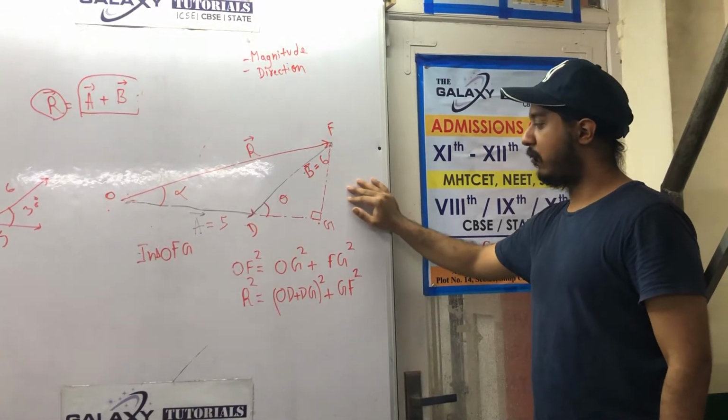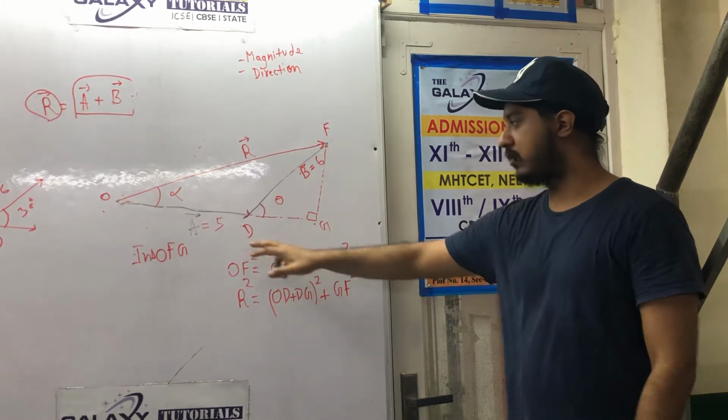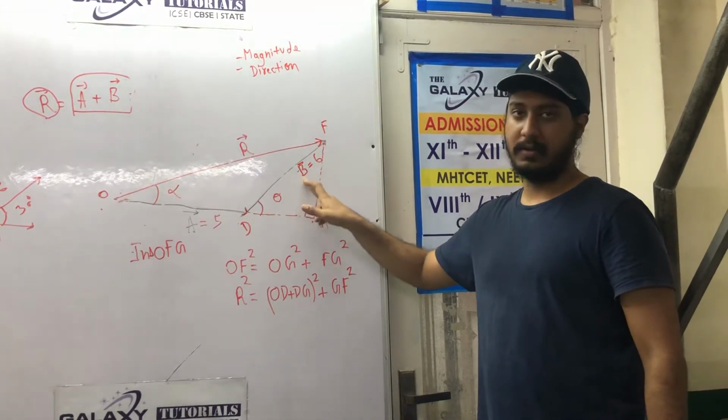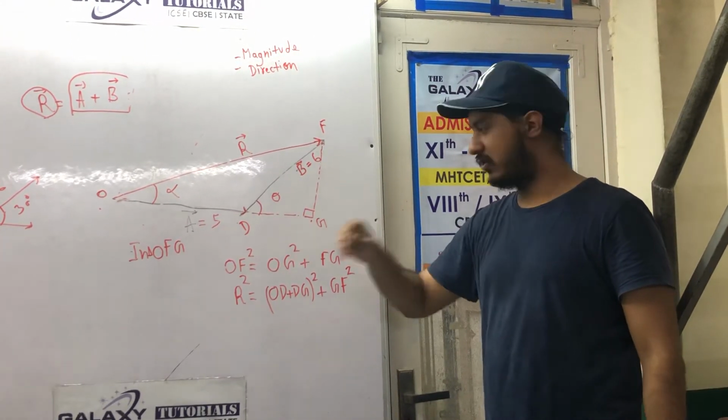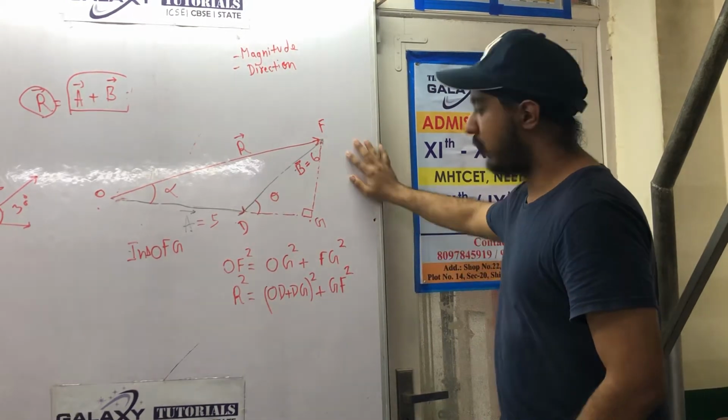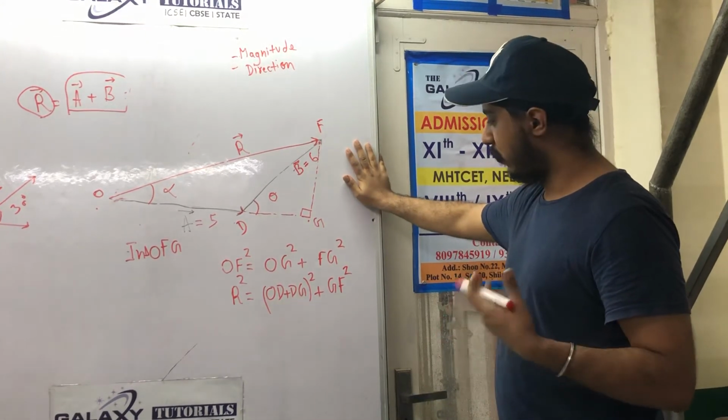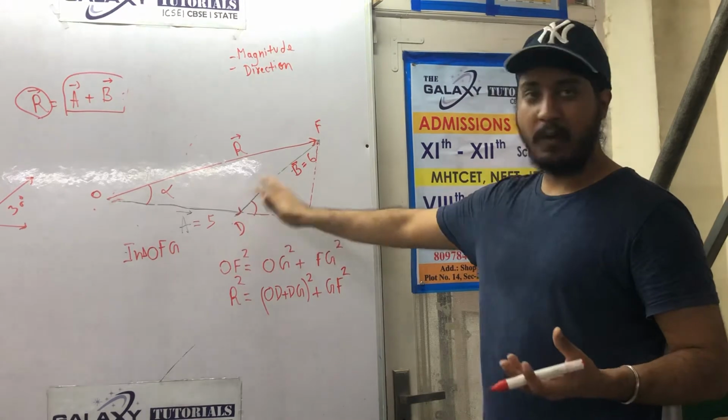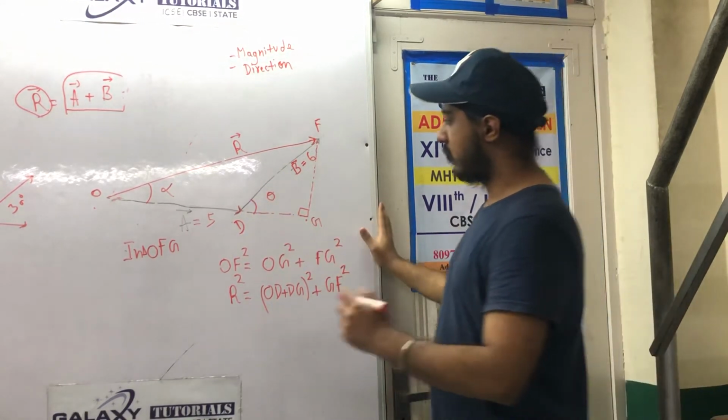So now I told you already, we know two values here. We know vector A and vector B. We are assuming they are 5 and 6 respectively. So we already know these two values, and we will try to find everything in terms of these two, A and B. Okay, so let's go ahead.